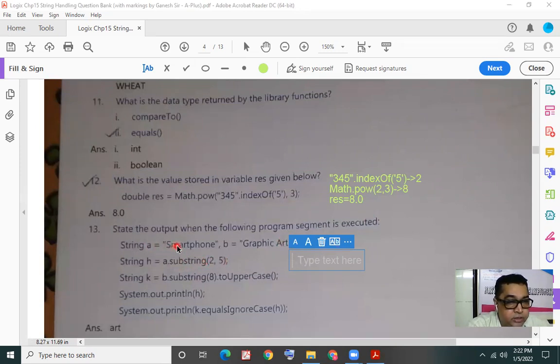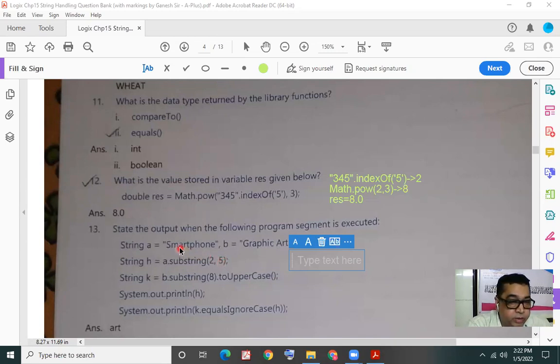A.substring(2,5). Our string A has smartphone, and index position 2 is where we have the letter A. Position 0 is S, M is in 1, A is index position 2. From here till the position 5. When we specify the end as 5 in substring, the last character we'll get will be at index 4.